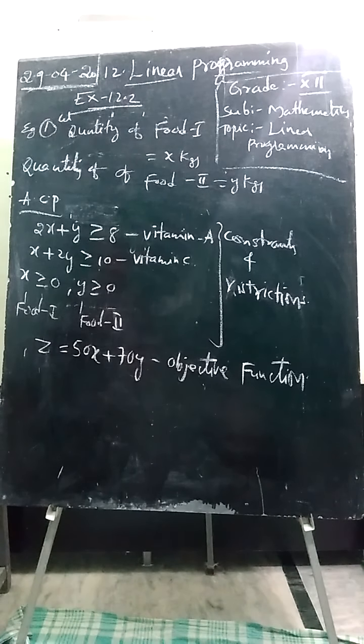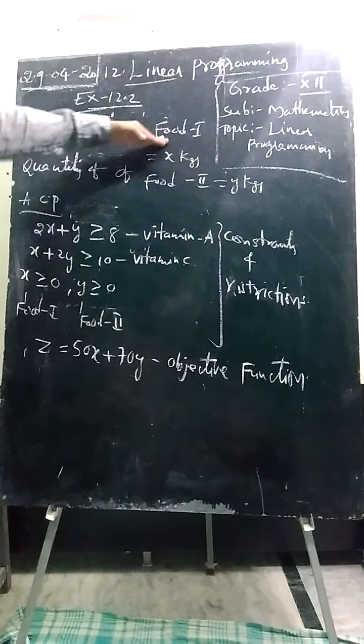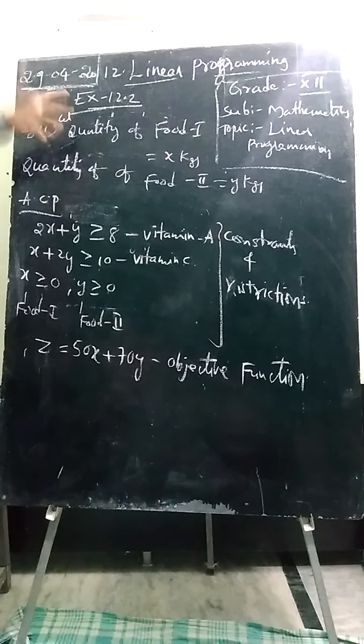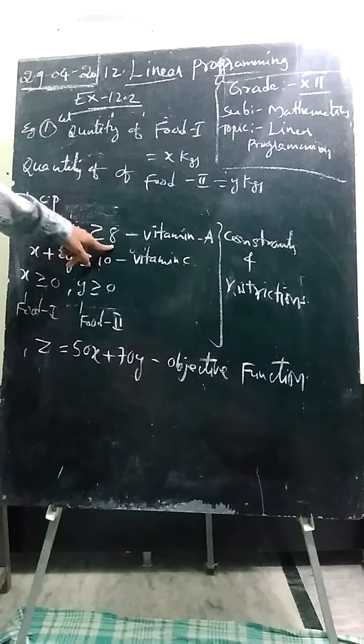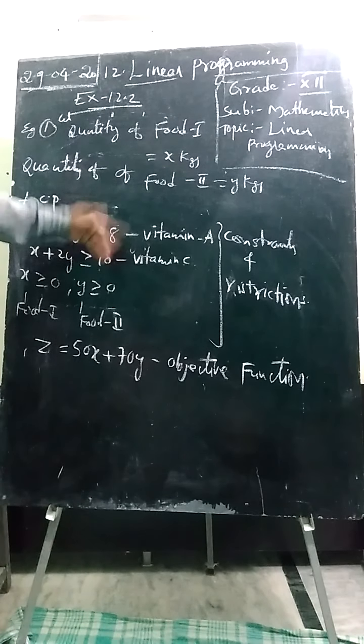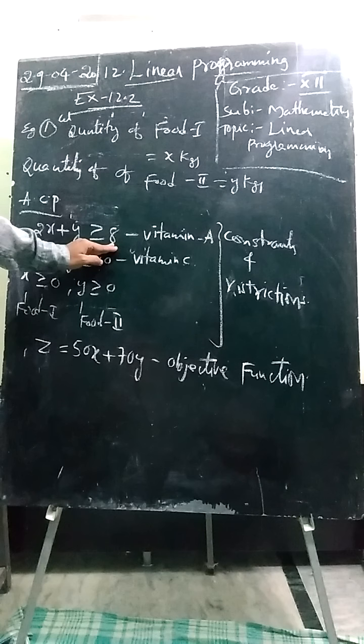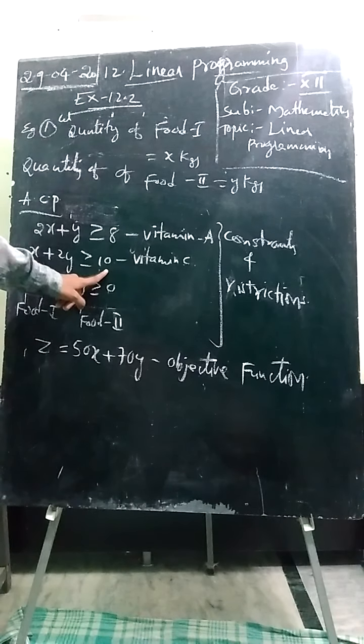Yes, students. Now let us discuss. We'll formulate this in the form of a linear programming problem. The dietitian wishes... here we have 2 types of foods, food 1 and food 2. But we don't know how much quantity of food 1 is required to get maximum vitamin A or maximum vitamin C. As the dietitian suggests, vitamin A should be greater than or equal to 8. More is no problem, more than 8 or equal. Vitamin C should be greater than or equal to 10.